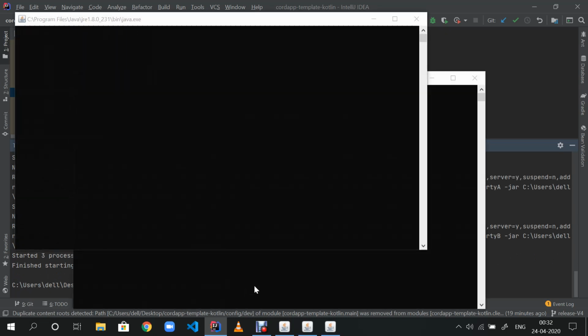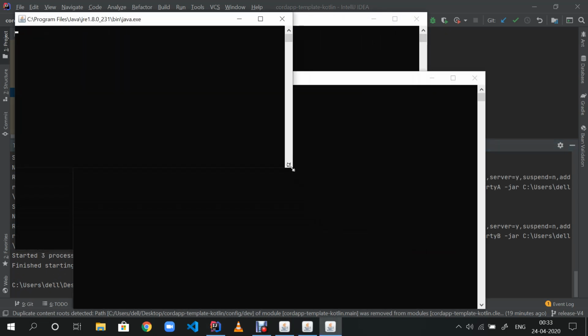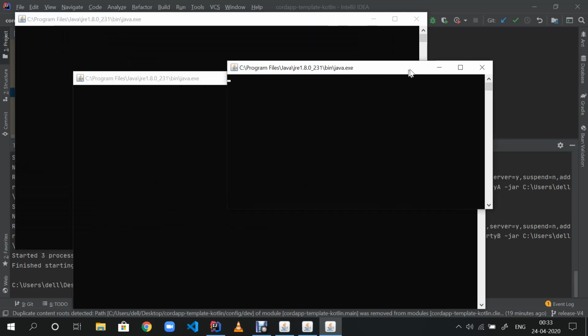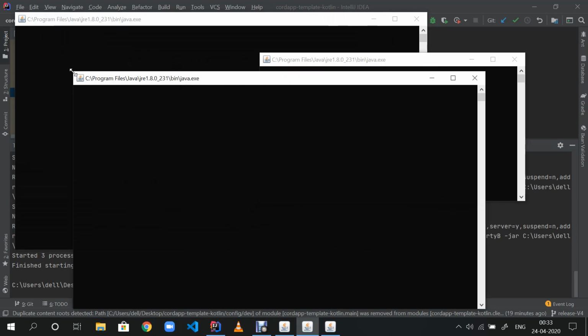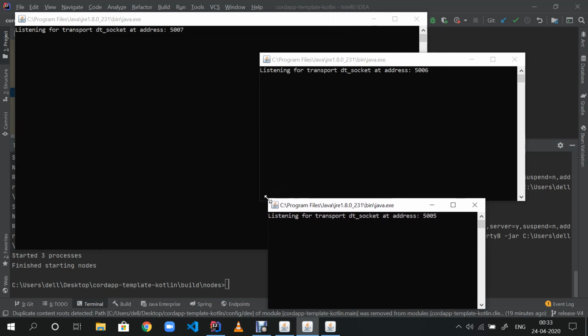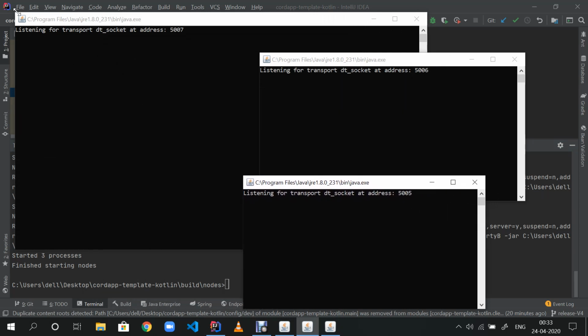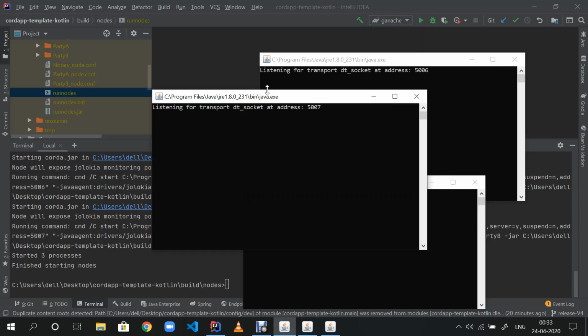So if I type runnodes and press enter, you will see three terminals opening up on the screen. I'll just reduce their size so that all of them are visible.